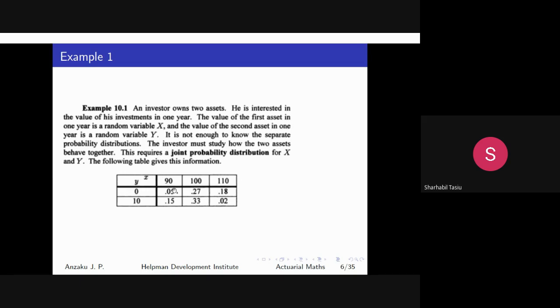All right, so to get the probability, here we see that this probability is for Y equals 0 and for X at 90. The probability here in the third row, second column, 0.27, gives us the probability that X takes the value 100 and Y takes the value 0. And finally here, the fourth row, second column, gives us the probability that X takes the value 110 and Y takes the value 0. And likewise, this last one, we can interpret it similarly. I believe that is clear.